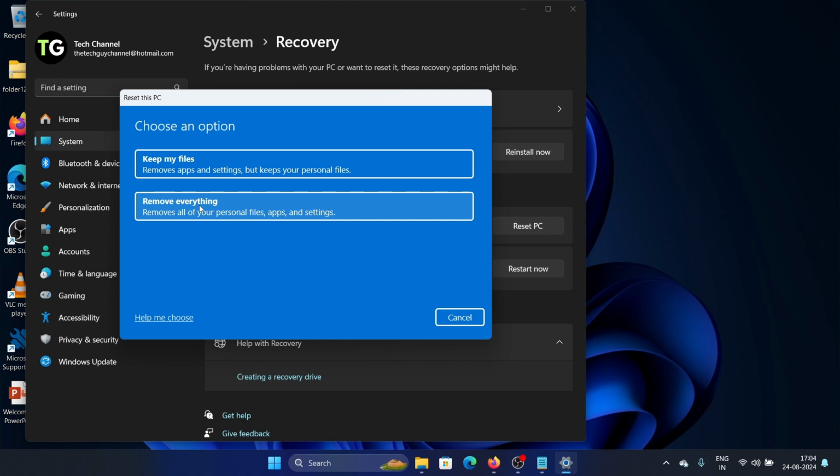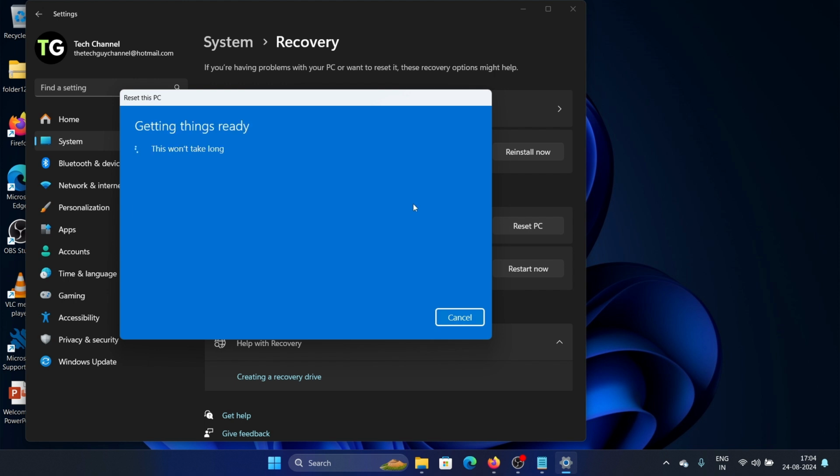But please remember that before you click on this, you need to save your personal files, because once you click on this and we go further ahead, then this will remove all your personal files and there will be no backup. So you have to back up your personal files. Okay, we'll click on this